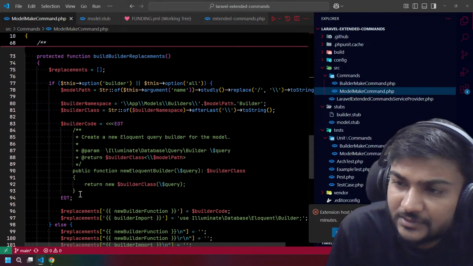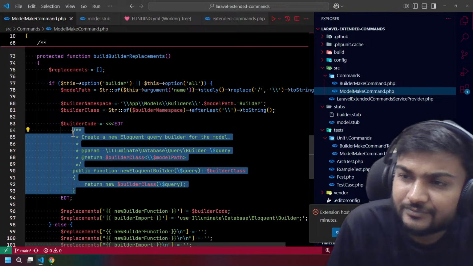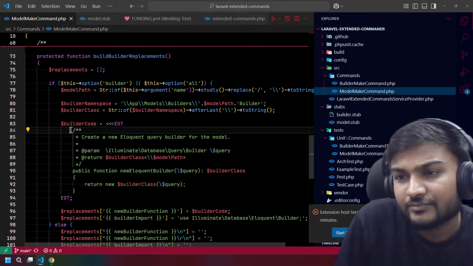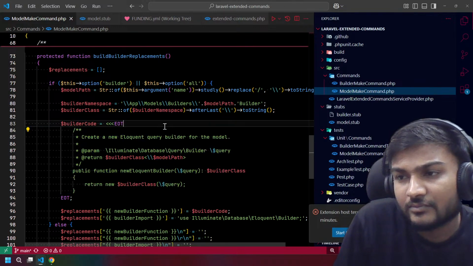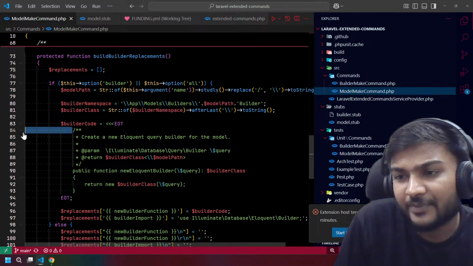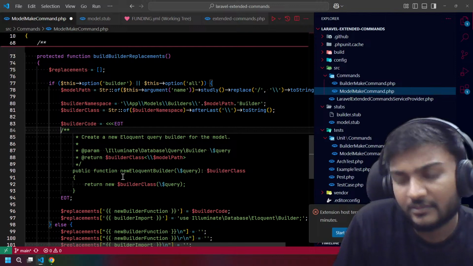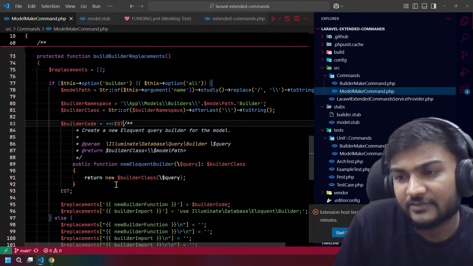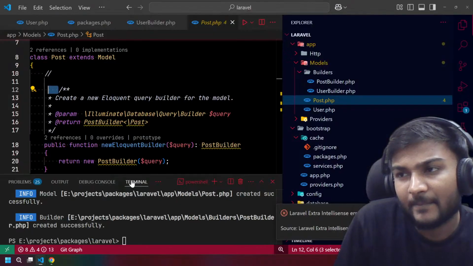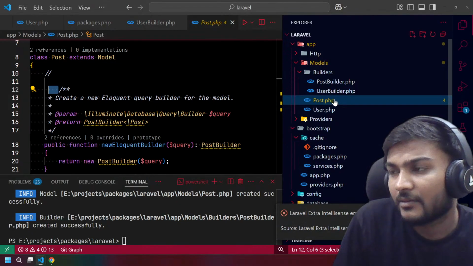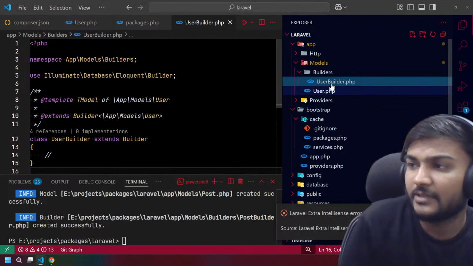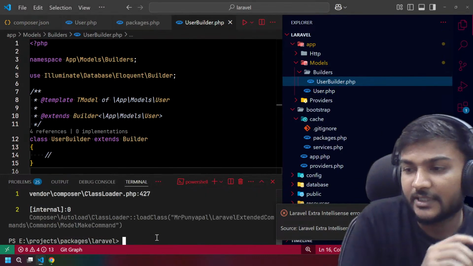Firstly, we don't have any space here, but it's saying that we have the space. So I think we can start it from here. What do you say? Let's do that again.